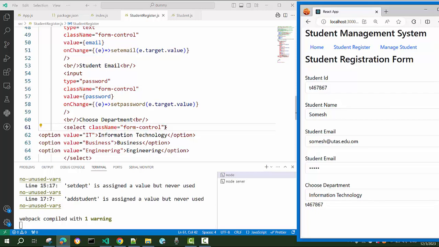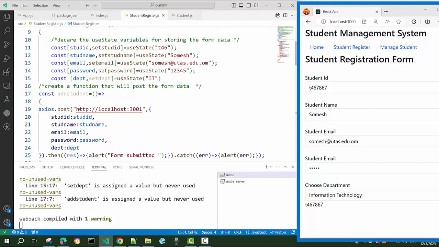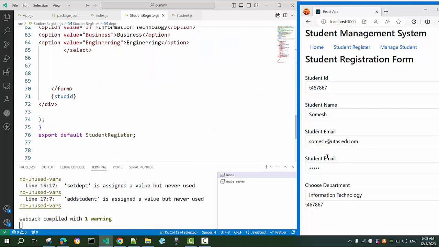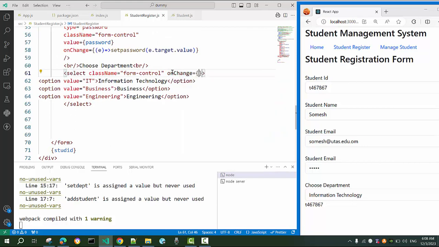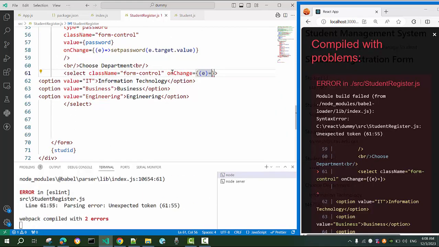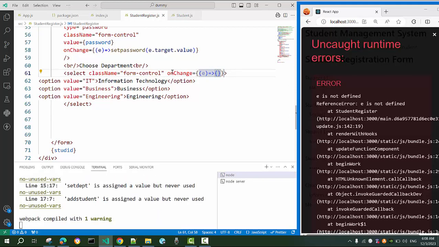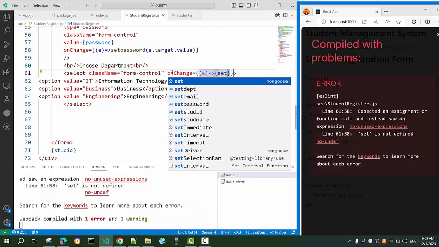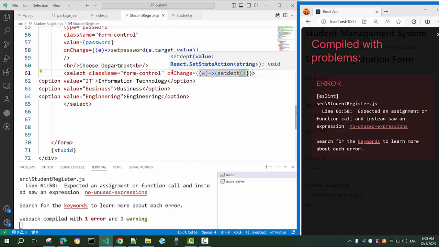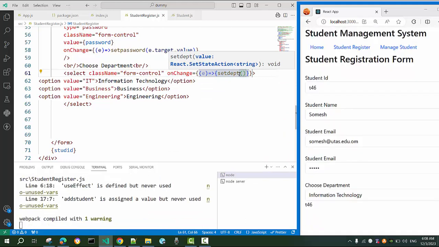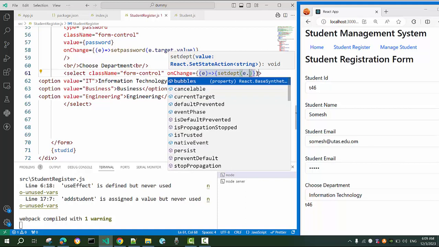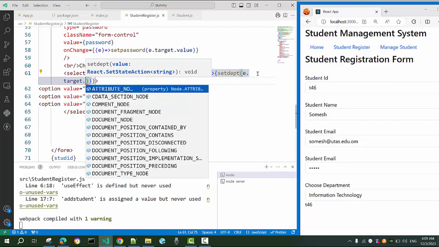Okay, now here also in this select, for the department we have a use state variable of department, right? So whenever there is a change, so on change, we have a callback function where the argument is the event, and here I will call my use state function set department, and what value I will set, whatever new value you choose in the drop down list. So for this, e dot target dot